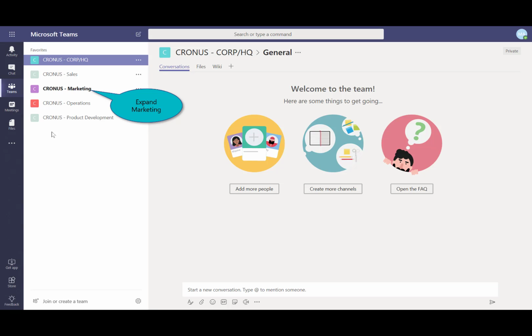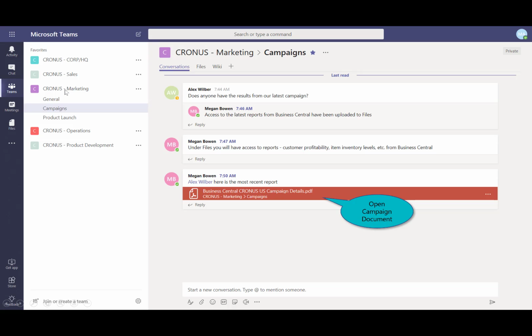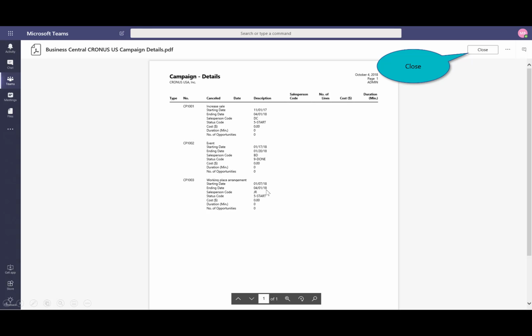And we've got one, although there's corp, sales, operations, we've got one dedicated just for the marketing team. So if I expand that out, you can see that I've got some documents and files that are embedded into the conversation, right? That's a natural part of our organization and how we communicate with each other. This file happens to be a campaign detail file. It was uploaded to the file library from Dynamics 365 Business Central, but I can open up this PDF and you can see again some of the campaigns that we ran and just some ideas around the cost, et cetera,